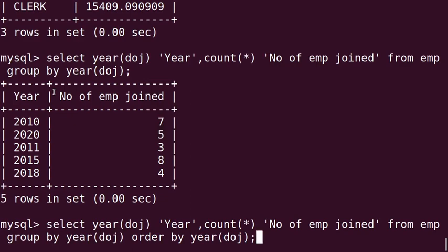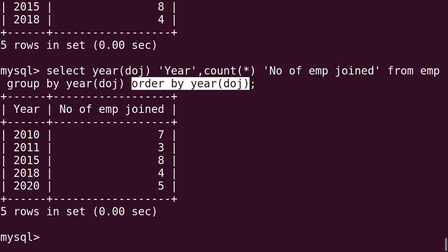In the next query we are showing, in the previous one records are not sorted. So here we have added only the last part extra, that is order by year(DOJ). So this will help you to arrange the records year wise. See the output is same as the previous one.